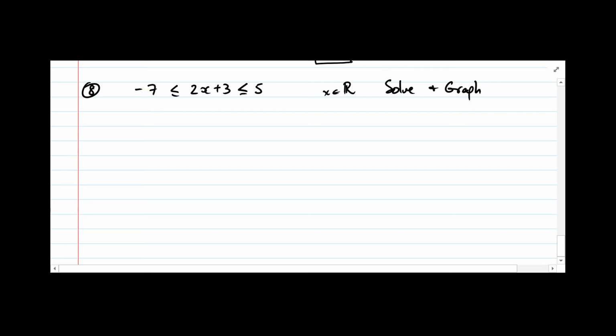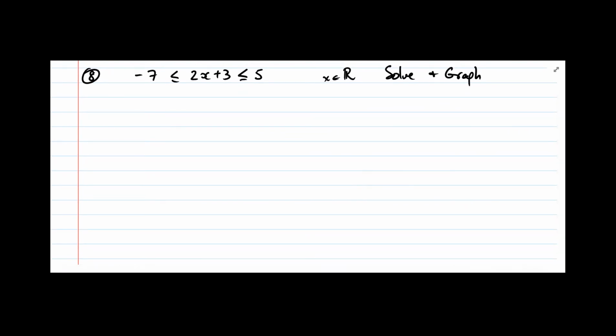Okay. So what would we do? Rather than taking this apart, we'd only take them apart if it's very complicated, but right now it's not that bad. And essentially we're going to treat it just like our inequality. Anything I do to one part of it, I'm going to do to the other. So normally we want to isolate the variable, so I'm going to subtract 3 from the middle, but if I do that, I have to do that to both ends. And what's the result? I end up with negative 10,